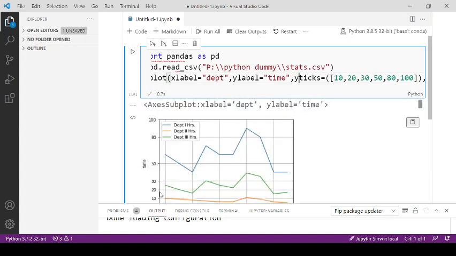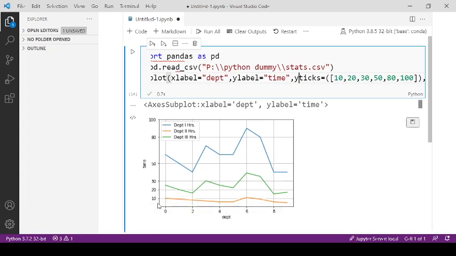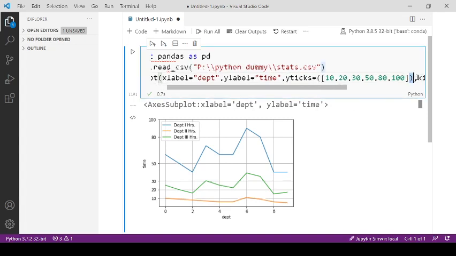Now for the y-axis values, you can see we have a difference. So now we have 10, 20, 30, 50, 80, 100. So based on these yticks values, the y-axis values will be shown. So you can use yticks and xticks according to your requirement, right? Now let's remove this parameter.